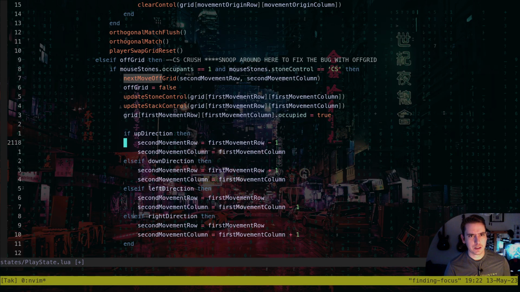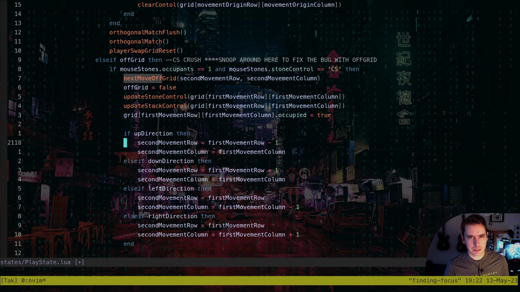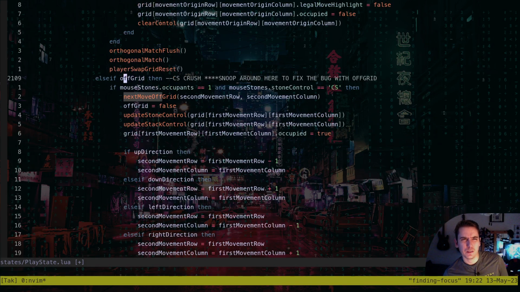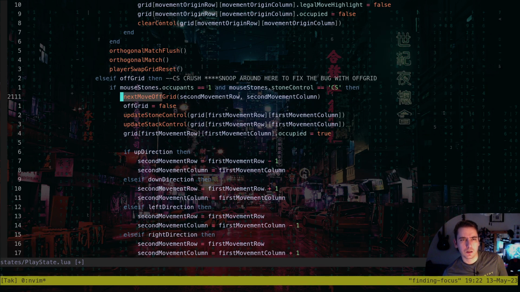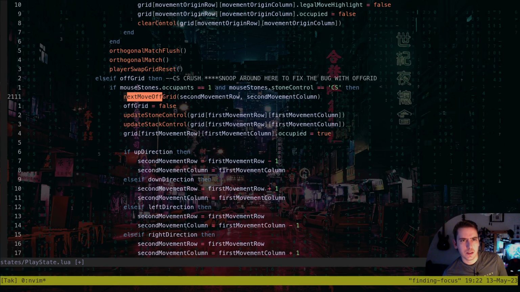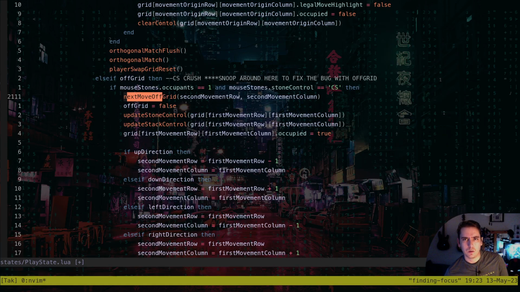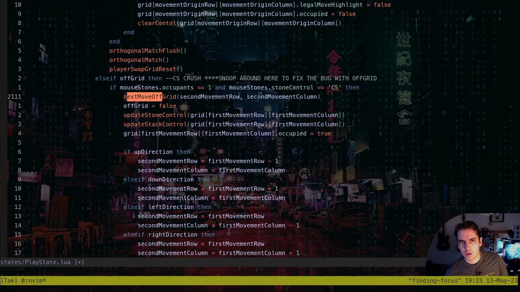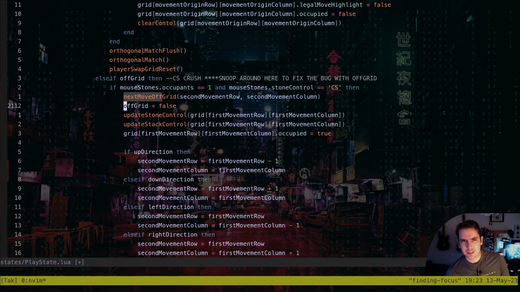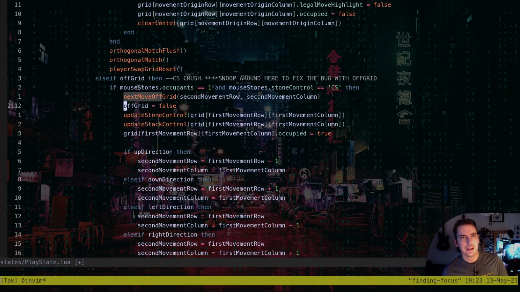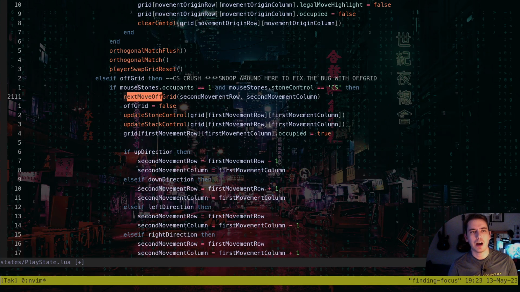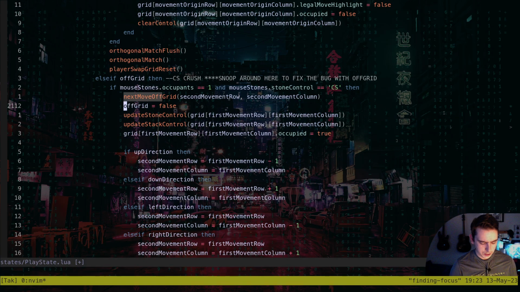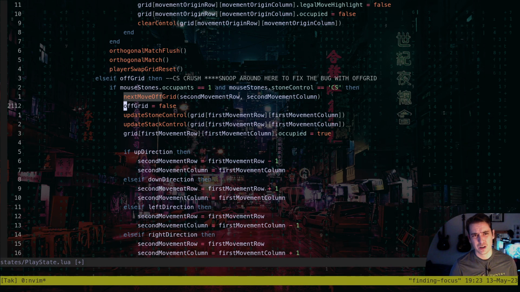See, but we're actually updating our second movements. Now the thing is, this function here doesn't return a true or false. It just updates our off-grid variable. So there's an instance where we don't want to become off-grid false, and that's if our off-grid is true at this point. So we're going to run this, then we're going to say if off-grid is true,